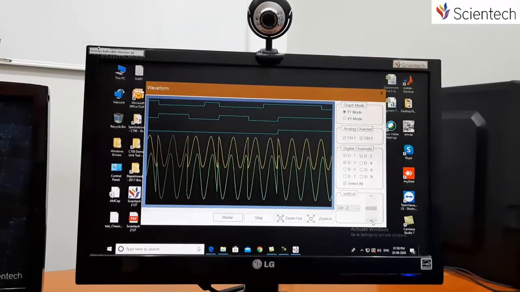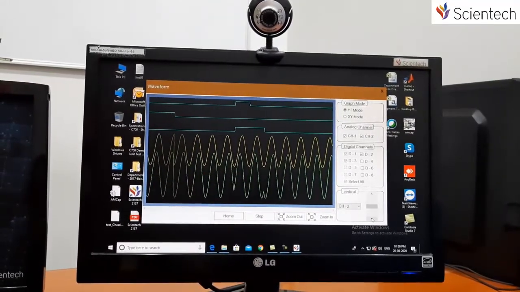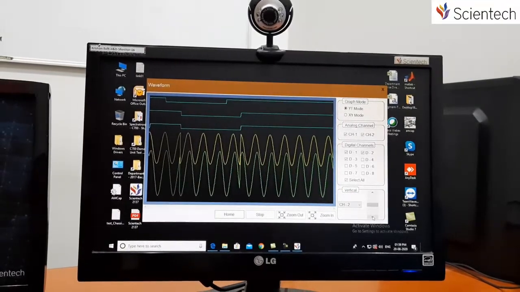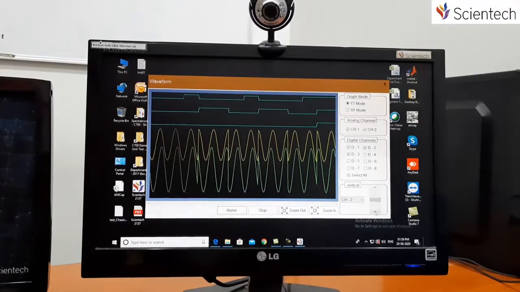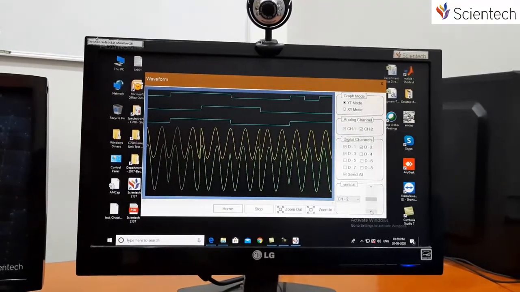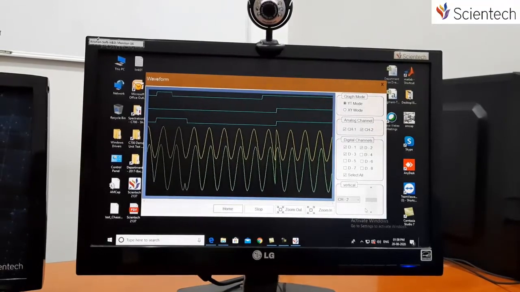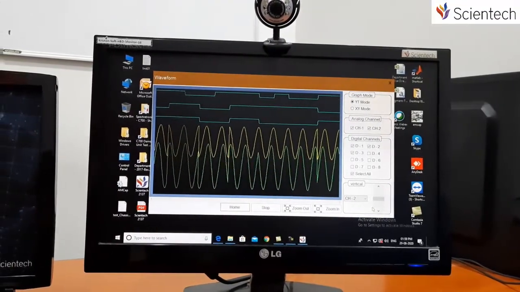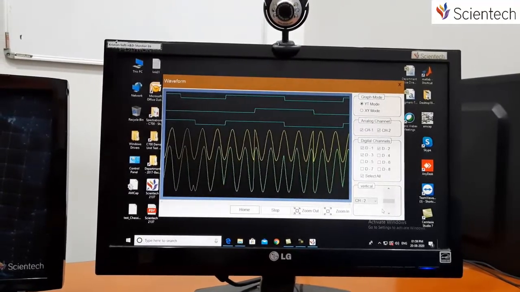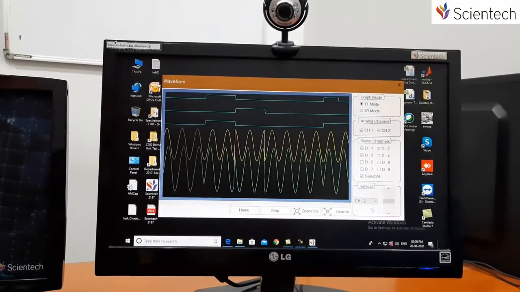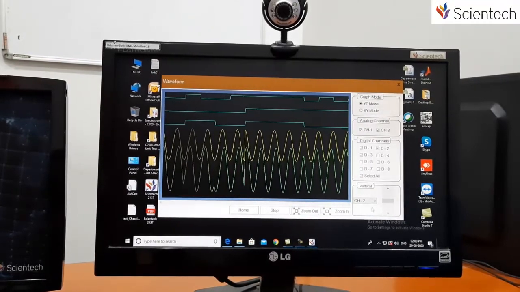So in this way, we can perform all the experiments which are there in the Scientific 2137 in a very simplified way. And DSO functionality helps students understand the waveforms with respect to the mathematics very easily. And also the block diagrams are available, which can be compared with the test-bed block diagram, which makes it very easy to understand the topic.